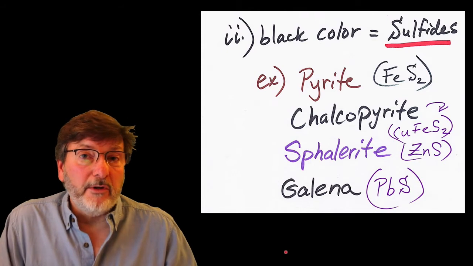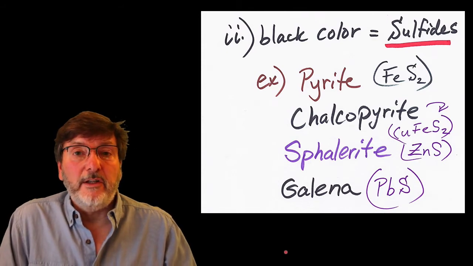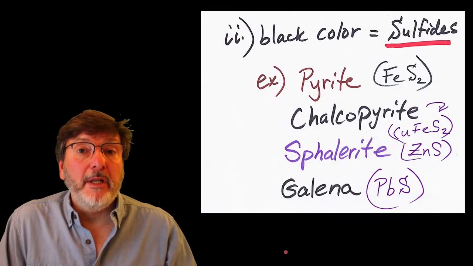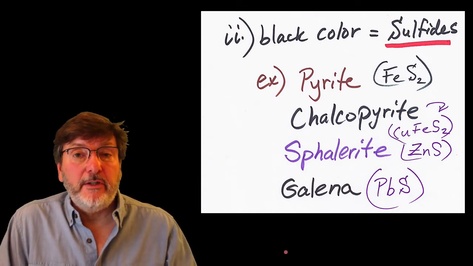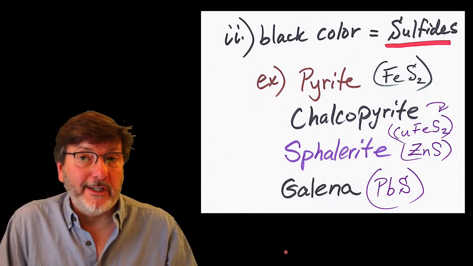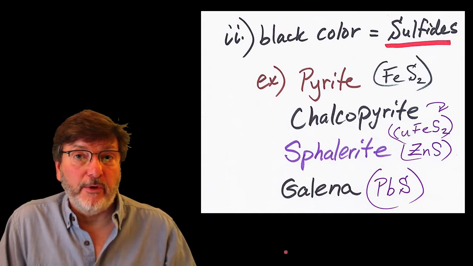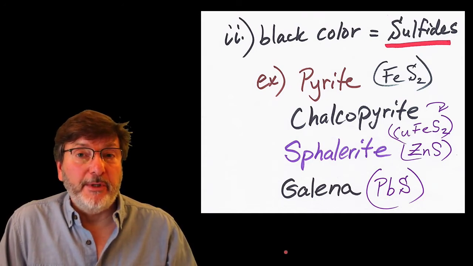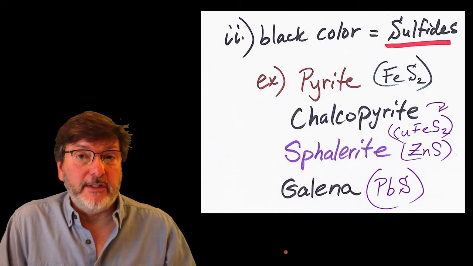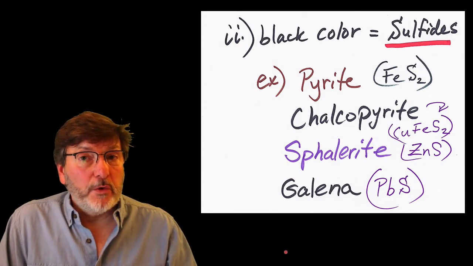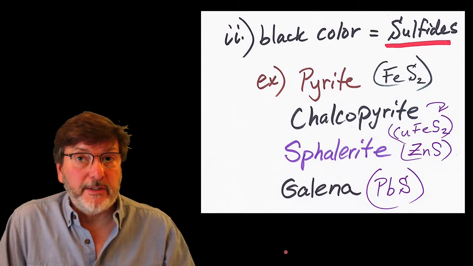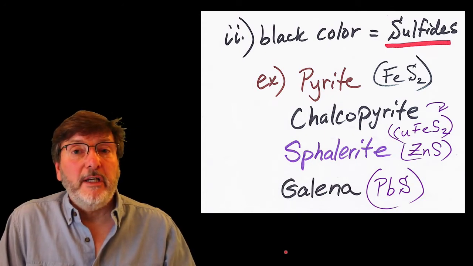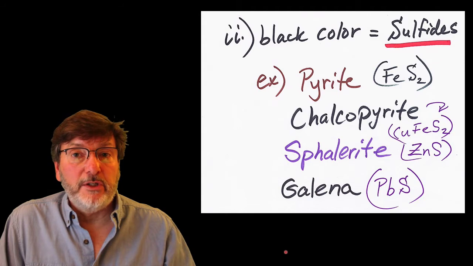Many economic minerals are found in these hydrothermal vent systems. Many metal economic deposits are actually ancient hydrothermal systems. We didn't really understand what they were or how they formed originally, but now we do, since the late 1970s at least. Those types of deposits form sulfide metal deposits, and those can be very rich in terms of the elements